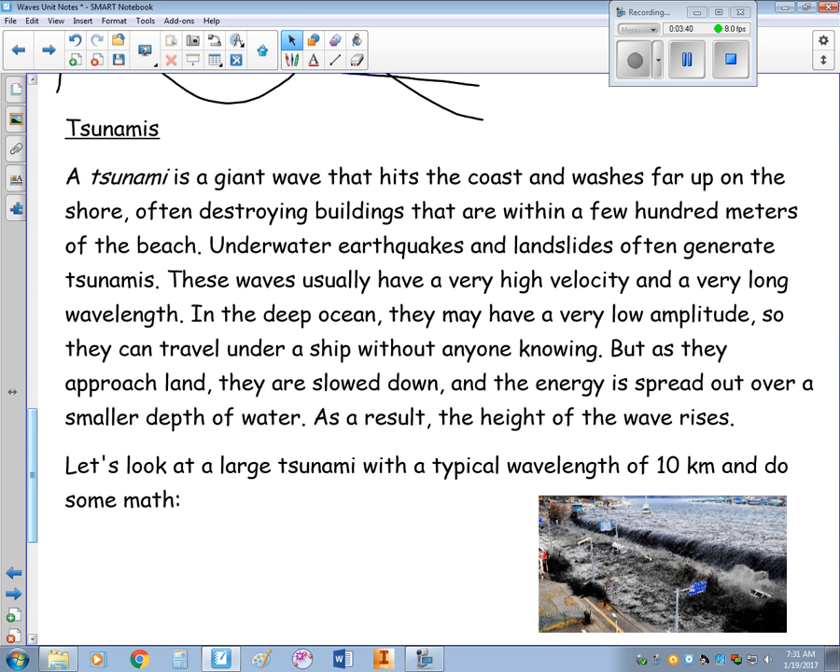These waves have a very high velocity, but they also have a very long wavelength. So in the deep ocean, they may have a very, very low amplitude. So they can travel under a ship without anybody knowing. If you are out in deep water on a boat and a tsunami passes underneath you, the truth is it's probably some of the calmest water you would ever be on, because it's one gigantic wave that